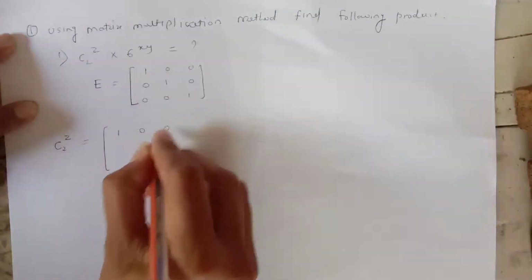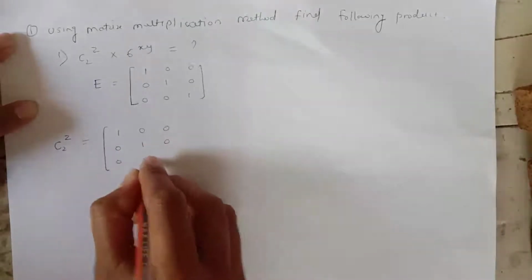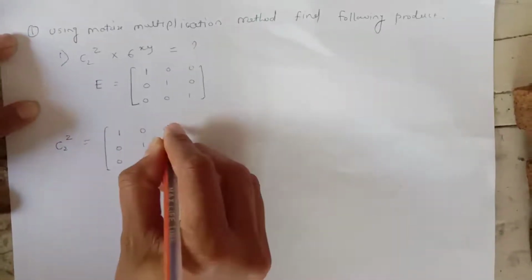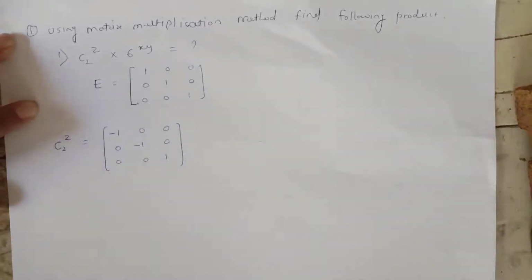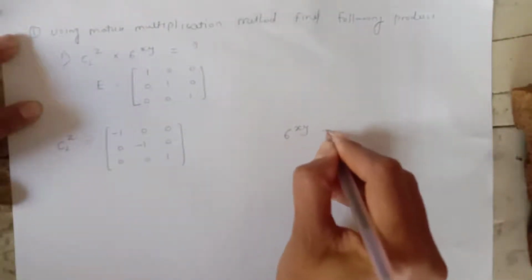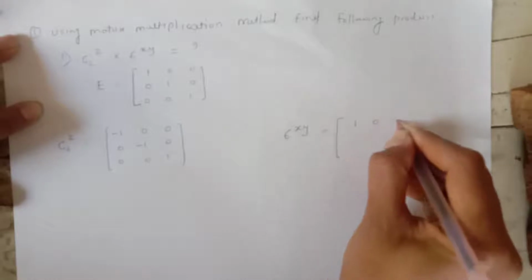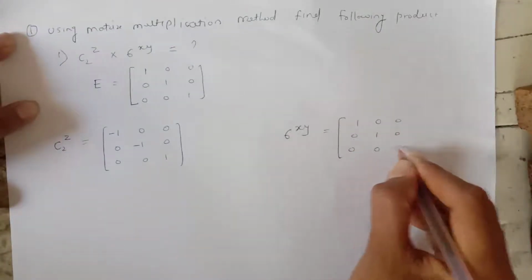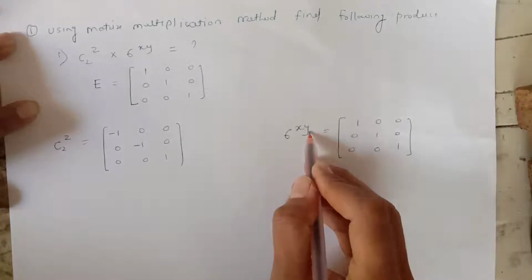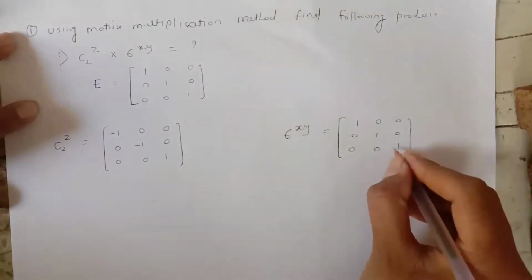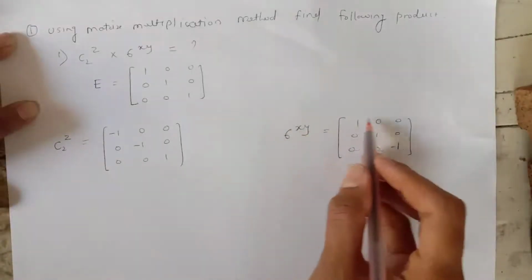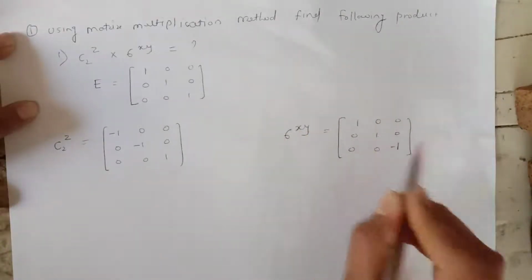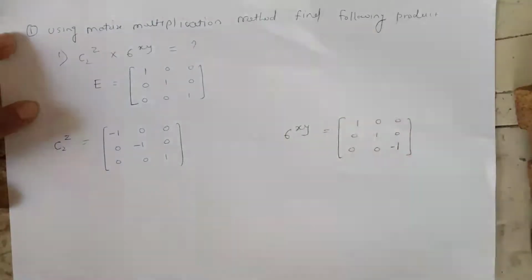First you write the matrix 0 1 0 0 0 1. Here x, y and z. You have to consider here x and y. Give the negative sign to the x and y. Then next is the sigma xy. Then again write the matrix 0 1 0 0 0 1. Here x and y is there. You have to give the negative sign to the z. See here sigma xy, x and y, it is as it is, only the z get negative.